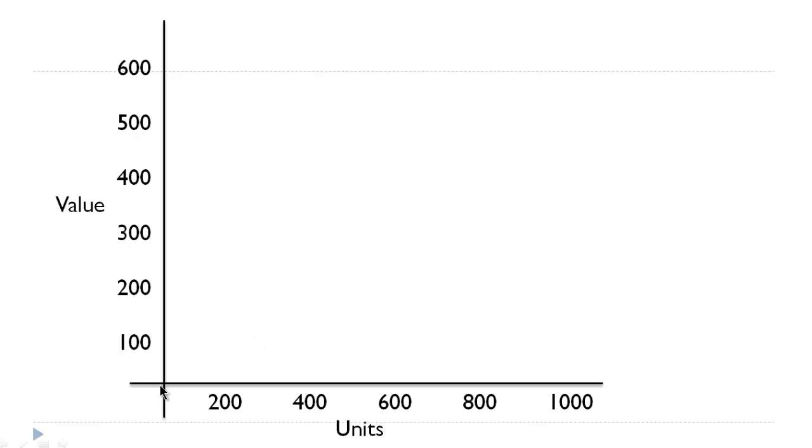So in that way we'll draw a line from here which will tell us the sales. So we'll do that now. So this line basically tells about the sales. Now we can also plot the graph for the cost, right? So when 200 units are sold, what is the cost?